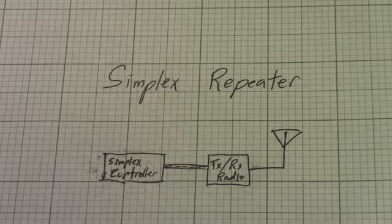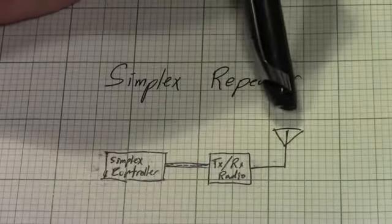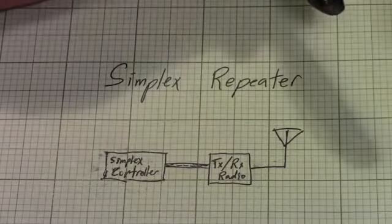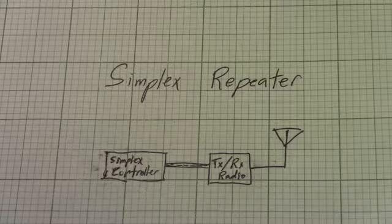So this probably sounds pretty weird if you were to try and use one, because you would say something, you would then unkey, and you would hear yourself say that again, and then the remote user would have to know to wait until he's heard it both times, or the second time if he can't hear you,